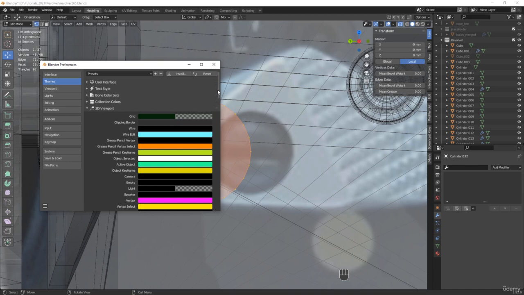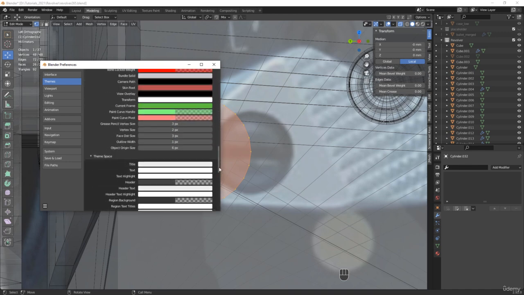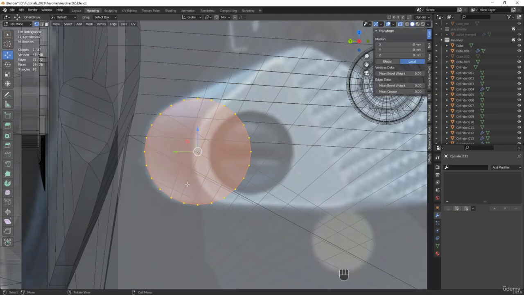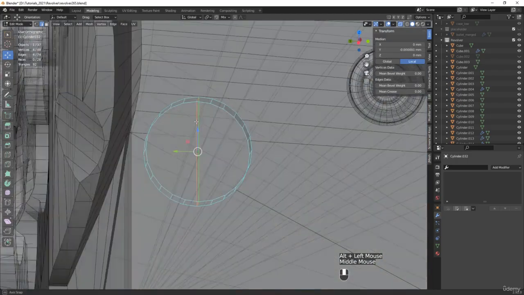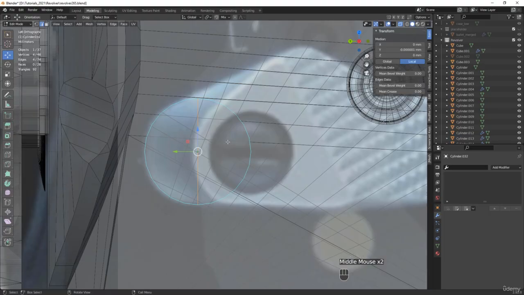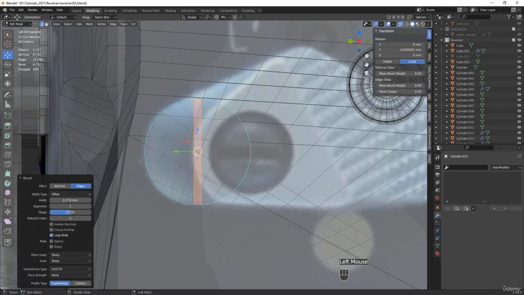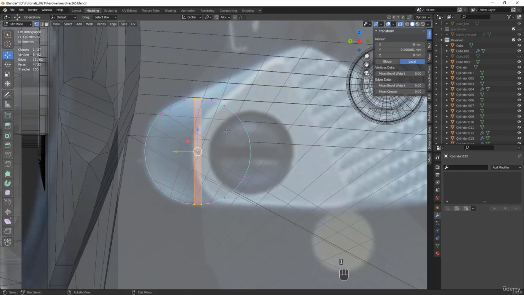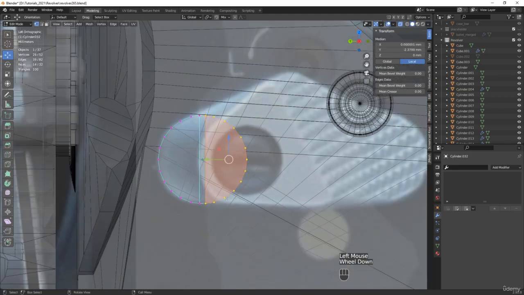I want to go into our viewport themes once more, and I want to increase the vertex size. I'm gonna put that to 4, and I think that this will make it a bit easier for you to see what I'm doing. I should have probably done that from the beginning, but this is just something that I was thinking about earlier. So now you see hopefully a bit better the vertex points here, because they are double